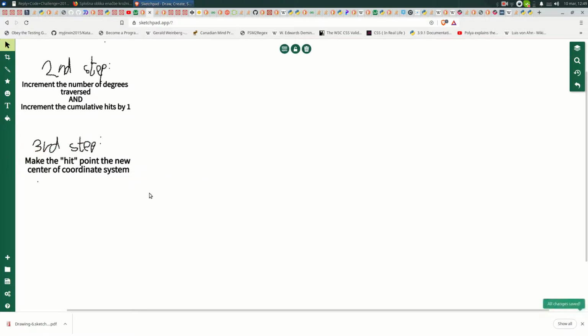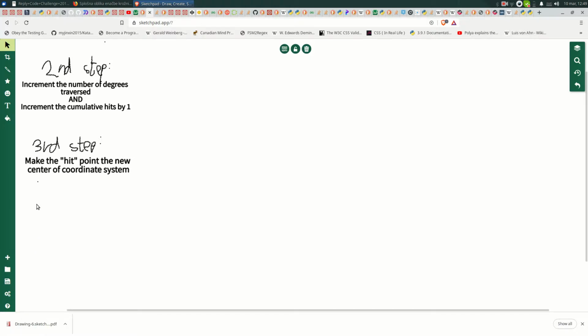Make the hit point the new center of coordinate system, and then we shall just say